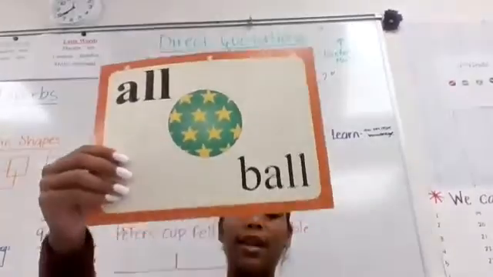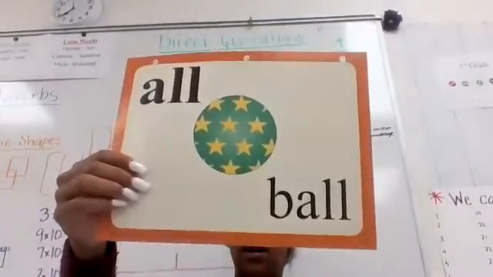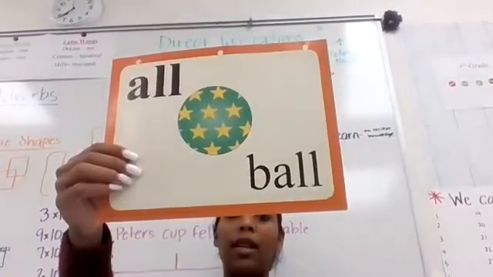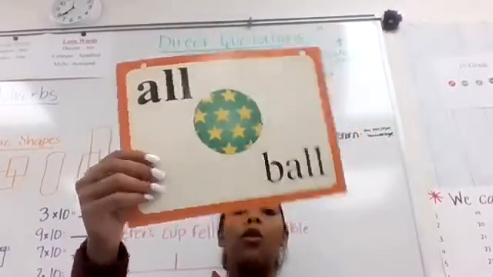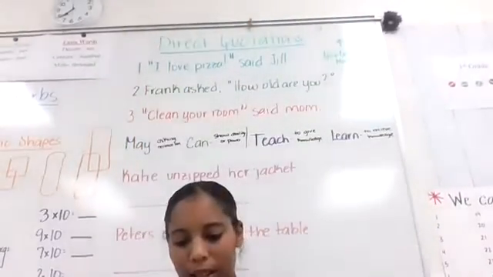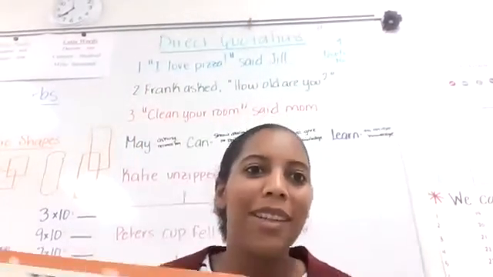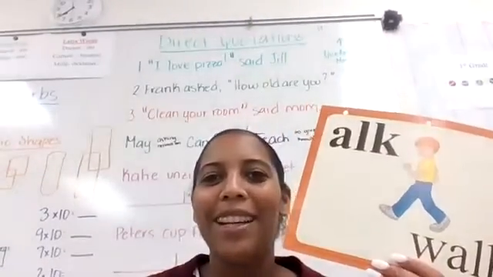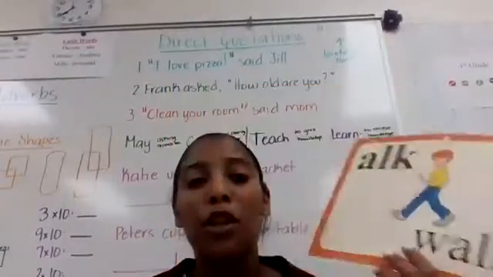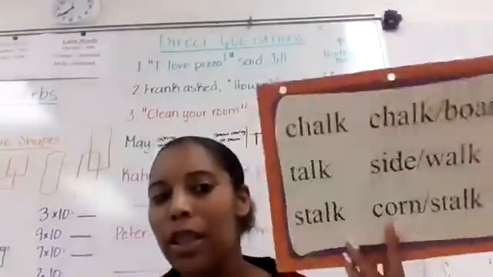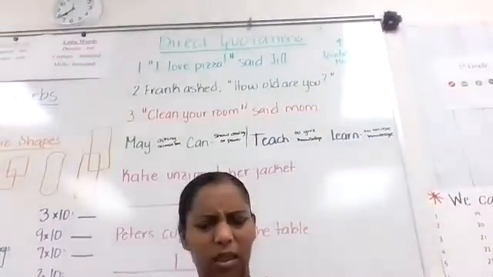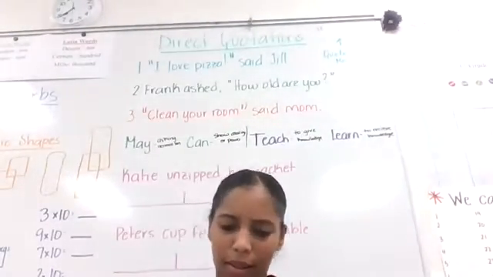Next, ALL says all, like in ball. All right, this is a sport. They have the Super Bowl on Sunday. Football. Anybody watching the Super Bowl on Sunday? No. Okay. AL says walk, like in walk. Okay, this is what you have to walk on and not in the street. Sidewalk.